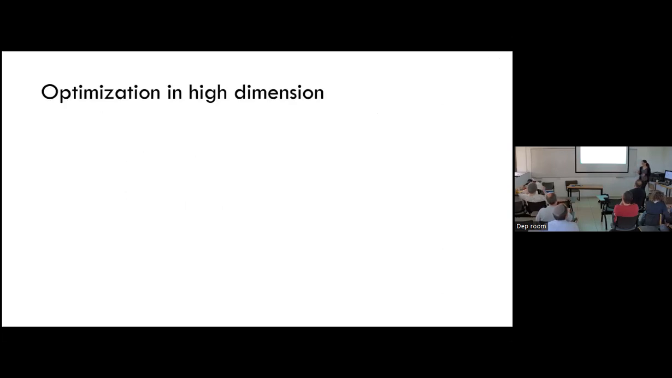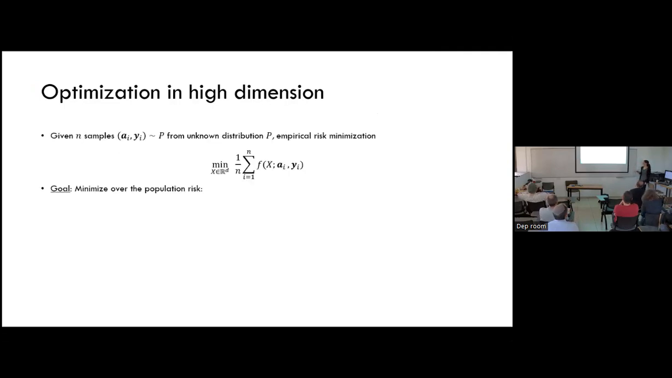Okay, so let me start with what optimization in high dimension actually is and what I am talking about. In general, in the context of machine learning, you will get a set of samples that are drawn from some unknown distribution. And typically what you would like to do is some kind of minimization over some function. Now it's a random minimization because I'm summing over all my samples. And so this is in general what people want to do in the context of machine learning, minimizing over